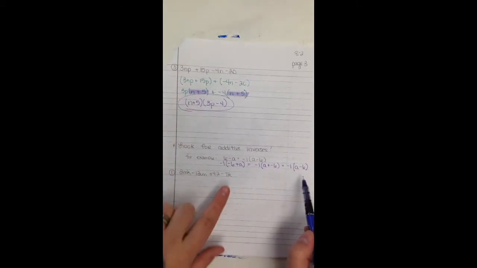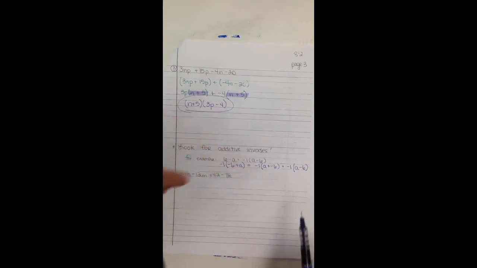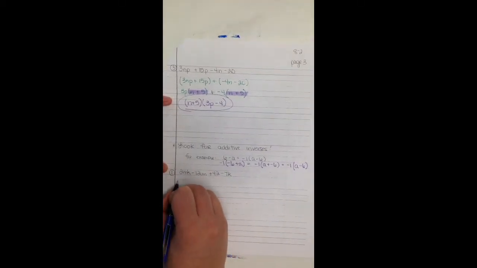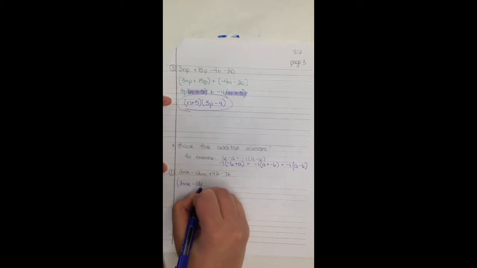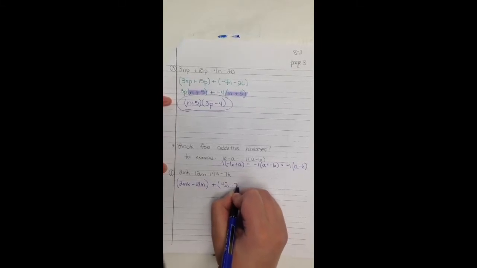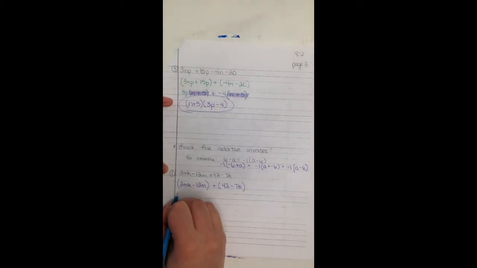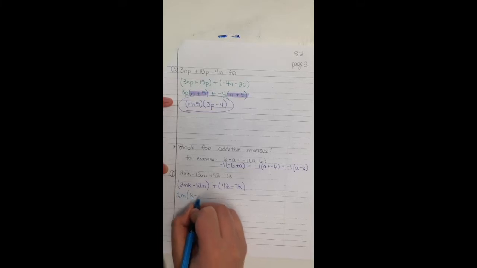Now, you'll see why in this step that makes sense, and when we're doing this example, we'll refer back to this. So this is an example of when you would need to look out for your additive inverses. So let's start by factoring. I'm going to say 2mk minus 12m plus 42 minus 7k. Okay, let's start by factoring what I can out. I know I can take a 2 out and I can take an m out. I'm left with k minus 6